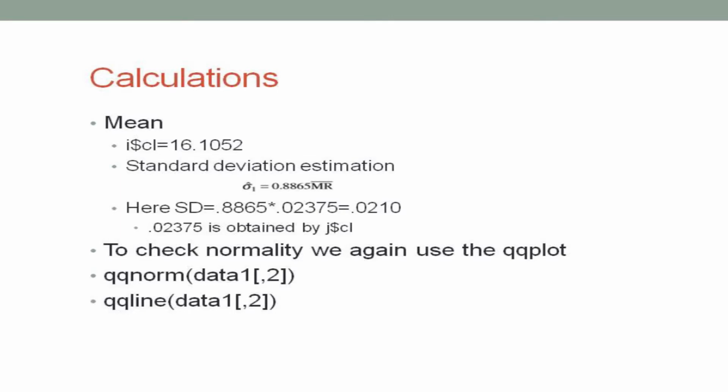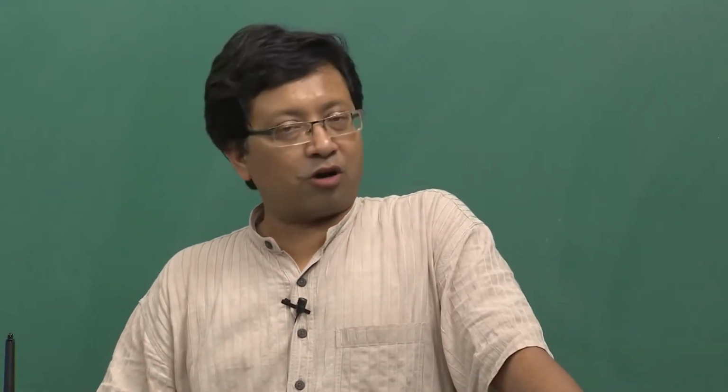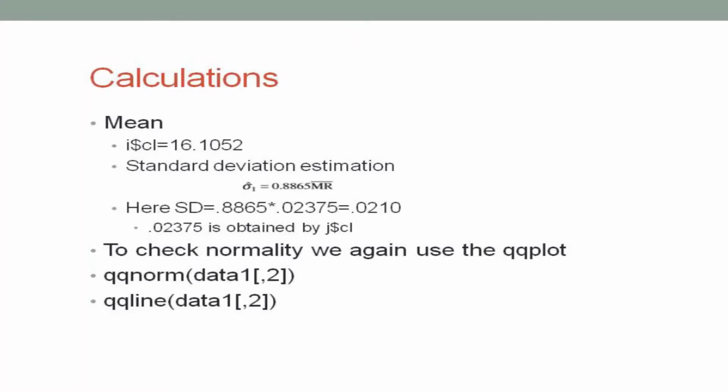So, the mean value of the ranges is basically the mod of the first reading, which is the mod of the difference x2 minus x1, the second is the mod of x3 minus x2, and so on. Add up all these values and divide by the number of readings, and obviously that will give you the average, which, if you look in this chart, is about 0.02375. So, multiplying that with the value of 0.8865, it comes out to be about